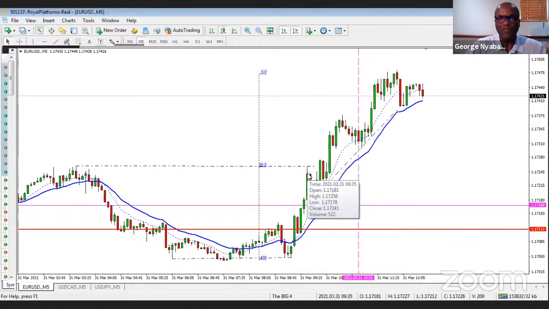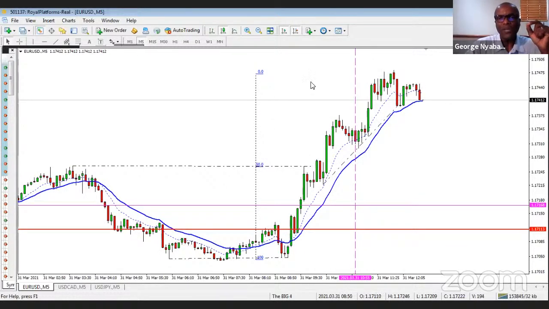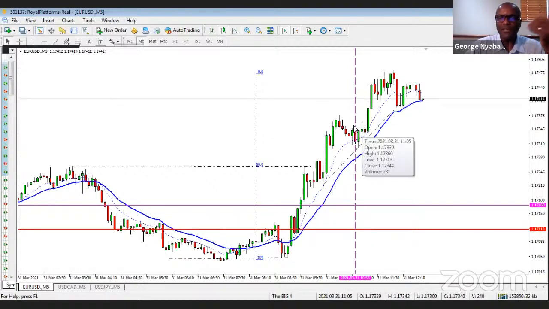So you could have taken your profits here and then waited to see what else you would get. Now, at that point, if you had taken your profits there, I would then have to wait to see what happens at the measured move. If you saw a pullback and wanted to take a trade, remember, keep your risk low. You can still do that quite legitimately, but still aim to take your profits there.